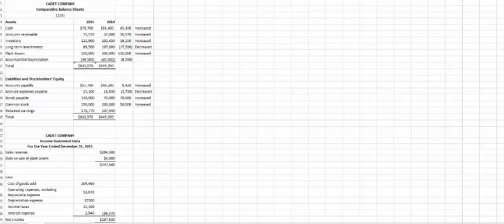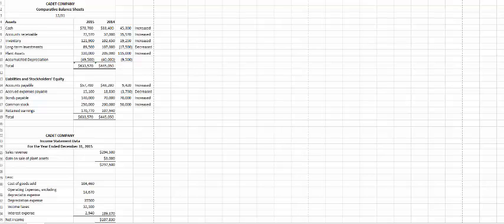Okay, we have this practice problem for Cadet Company that we are going to work through here. The first thing that we need to do is follow the steps in working out the statement of cash flows. And the first thing I would recommend to anyone is to go ahead and take the comparative balance sheets and do the calculations for do we have an increase or a decrease from the old year to the new year,